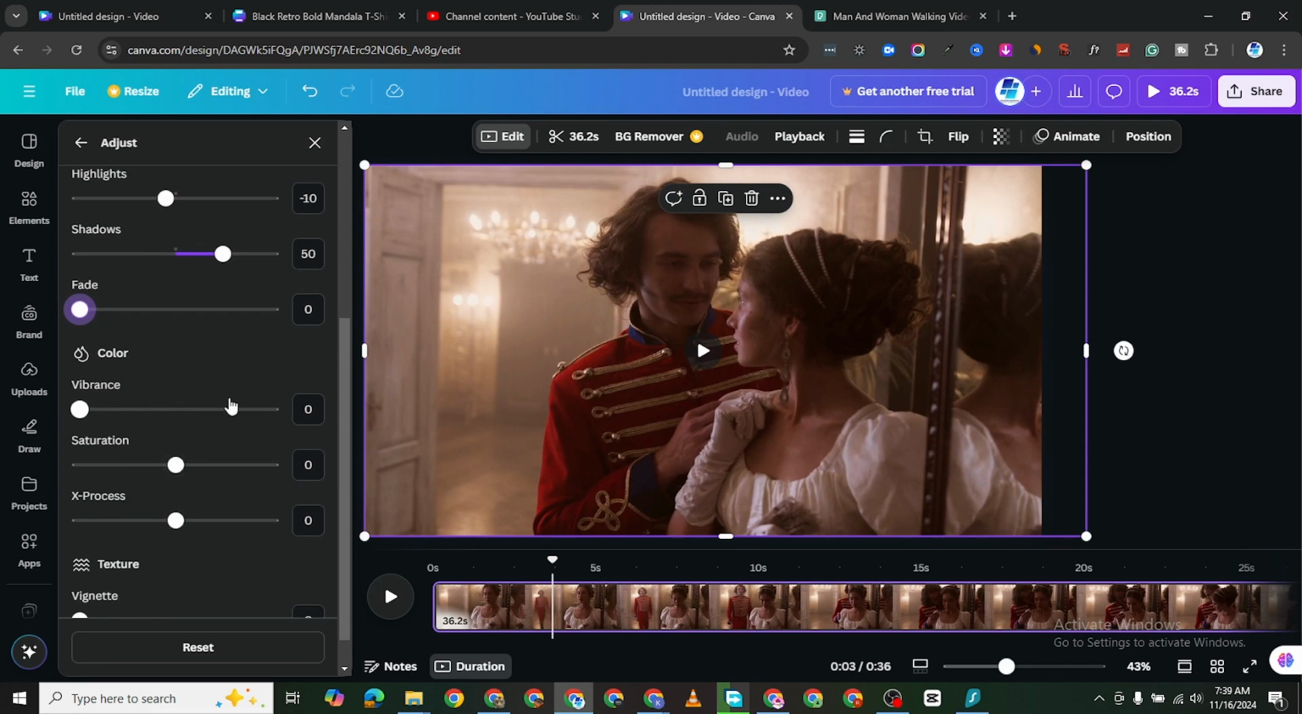Now, colors. This is very, very important. You can see the red on the gentleman's jacket. If we increase the vibrance, you see how the red begins to change. And you see even the background. I will take that back to 0. Look at these colors. They are dull. They are kind of dull. Even the hair,